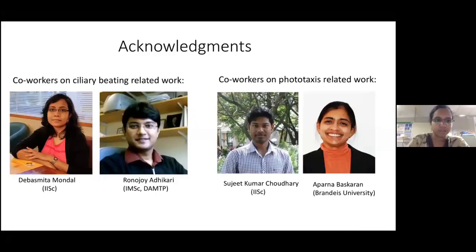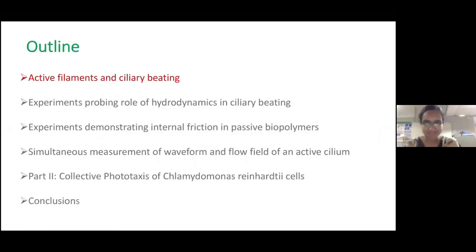The ciliary beating work has been done by my graduate student Devaswita Mondal. We worked in collaboration with Professor Rona Jayadekari. And the work on phototaxis has been done by another student, Sujit Kumar Chaudhary, and we worked in collaboration with Professor Prerna. So let's switch to the real title, which is to probe the roles of friction in these two important